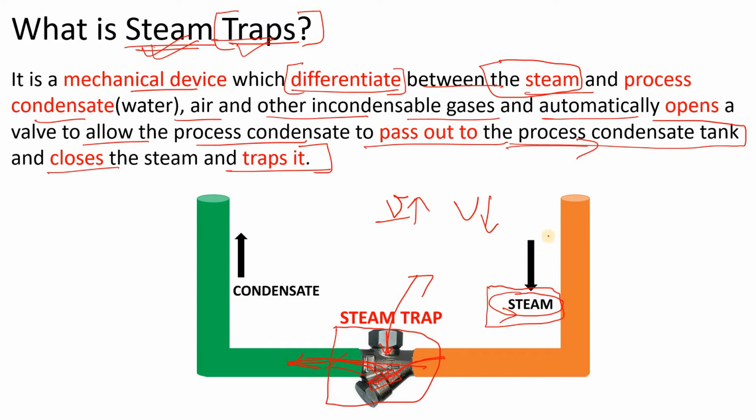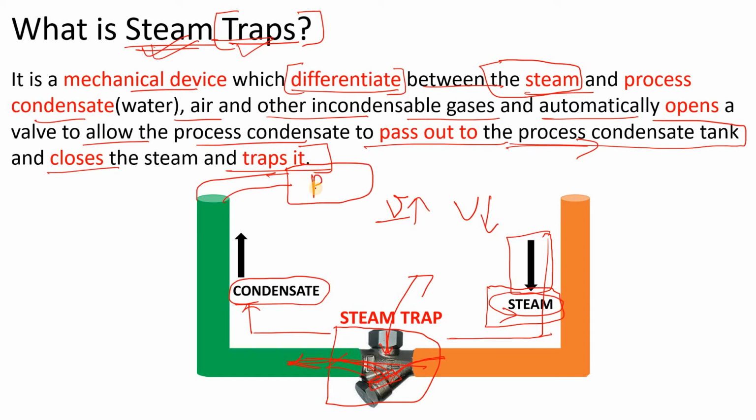Here you can see that this downward arrow shows the line of the steam, and this is the line of the process condensate. This line will go somewhere, suppose to a tank, and suppose that tank is V5, meaning the process condensate is collecting in the V5 tank. And where does this steam come from? Suppose there is some vessel and we are supplying steam into this vessel, LS you can say. From there one line comes, and that line is connected with the STU.